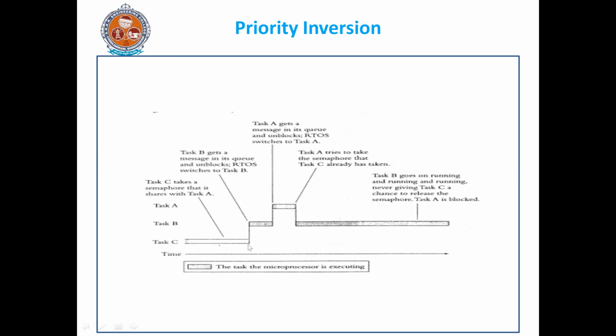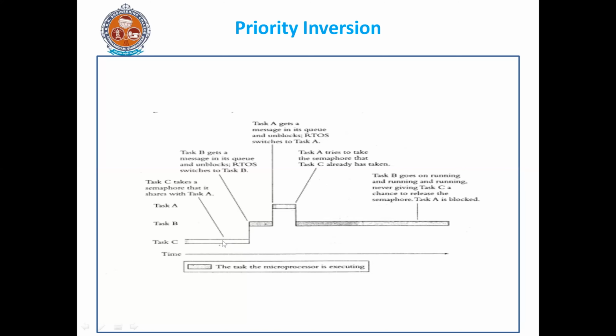Then task B gets a message in its queue and unblocks. If it is of higher priority, the control immediately goes to task B. The semaphore is still with task C, but now task B is executing.